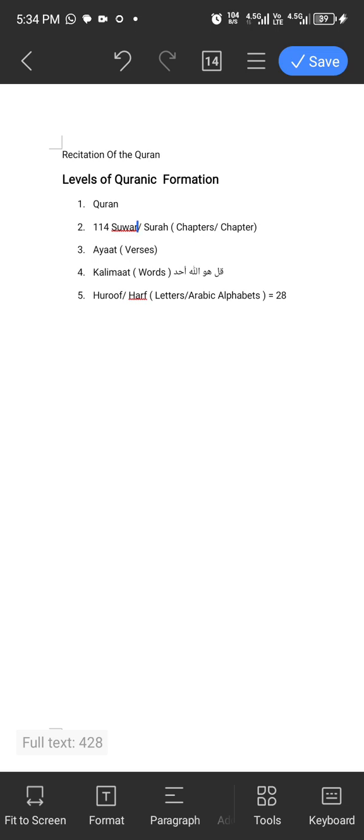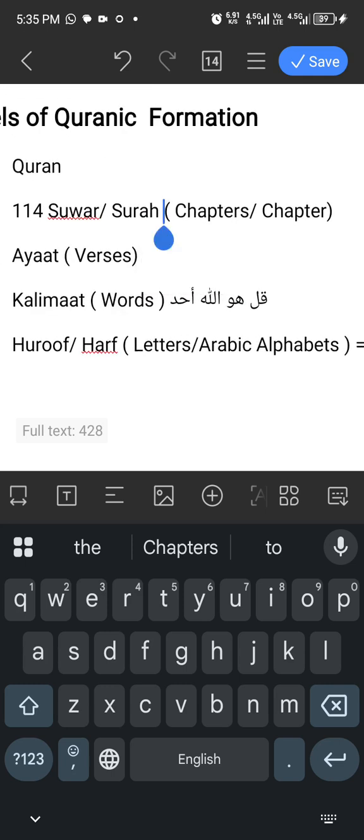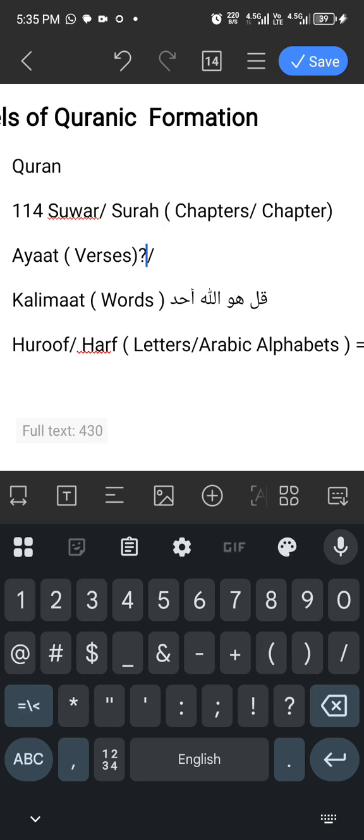So I told the student the glorious Quran is the peak, is the aim we are aiming at, to know how to read, recite any part of it. The second is for us to know that the glorious Quran contains 114 surah or 114 surahs. Surah is the chapter, that's why I have in brackets here chapter. Then the third level is for you to know that each surah in the Quran contains verses, and they are called ayats. The singular of it is called ayah.